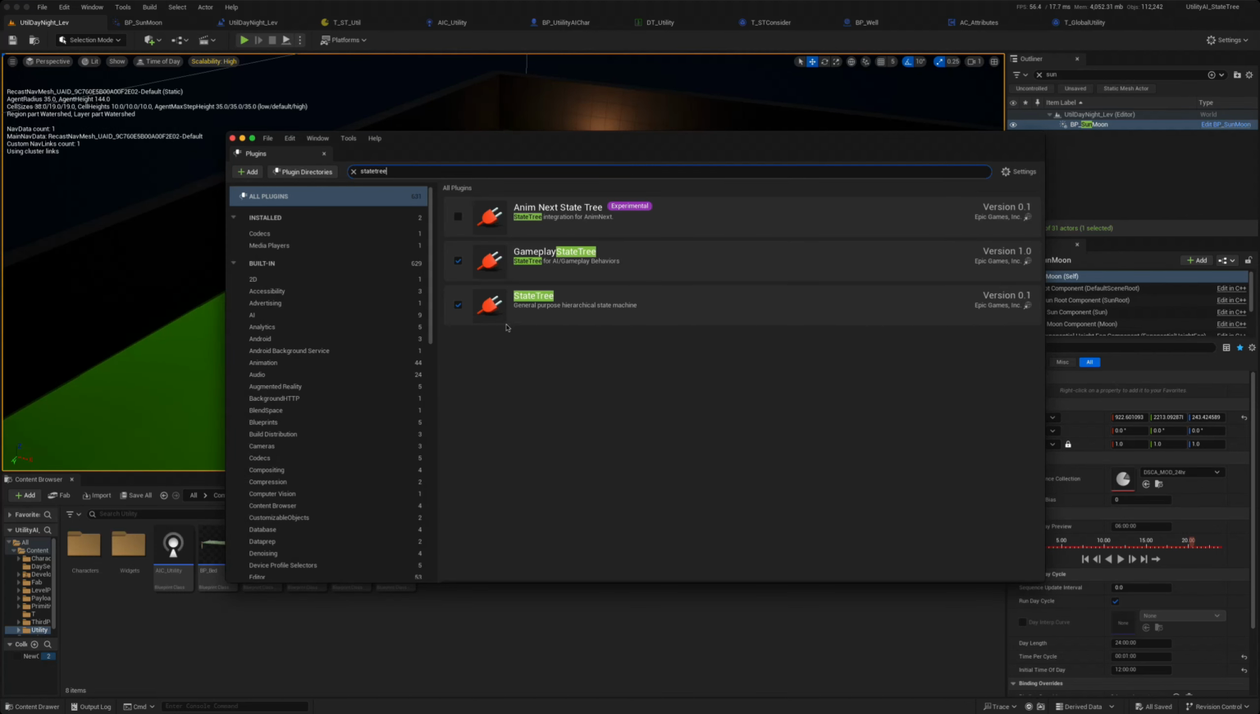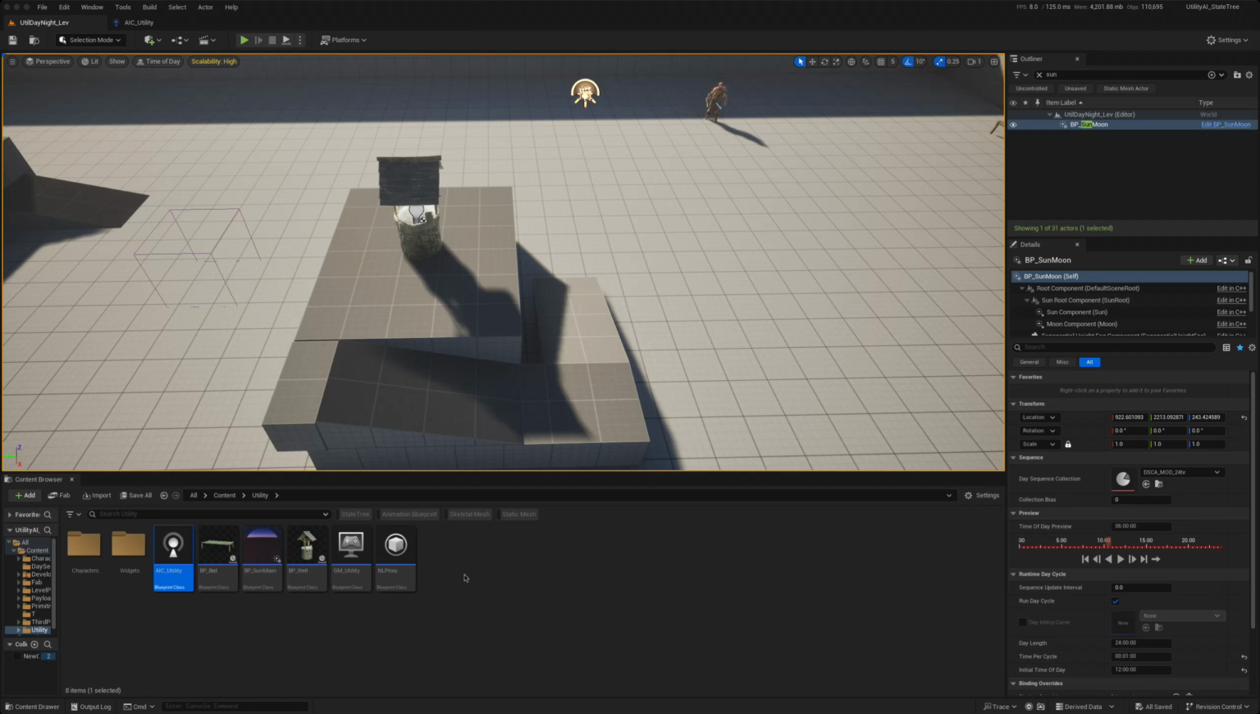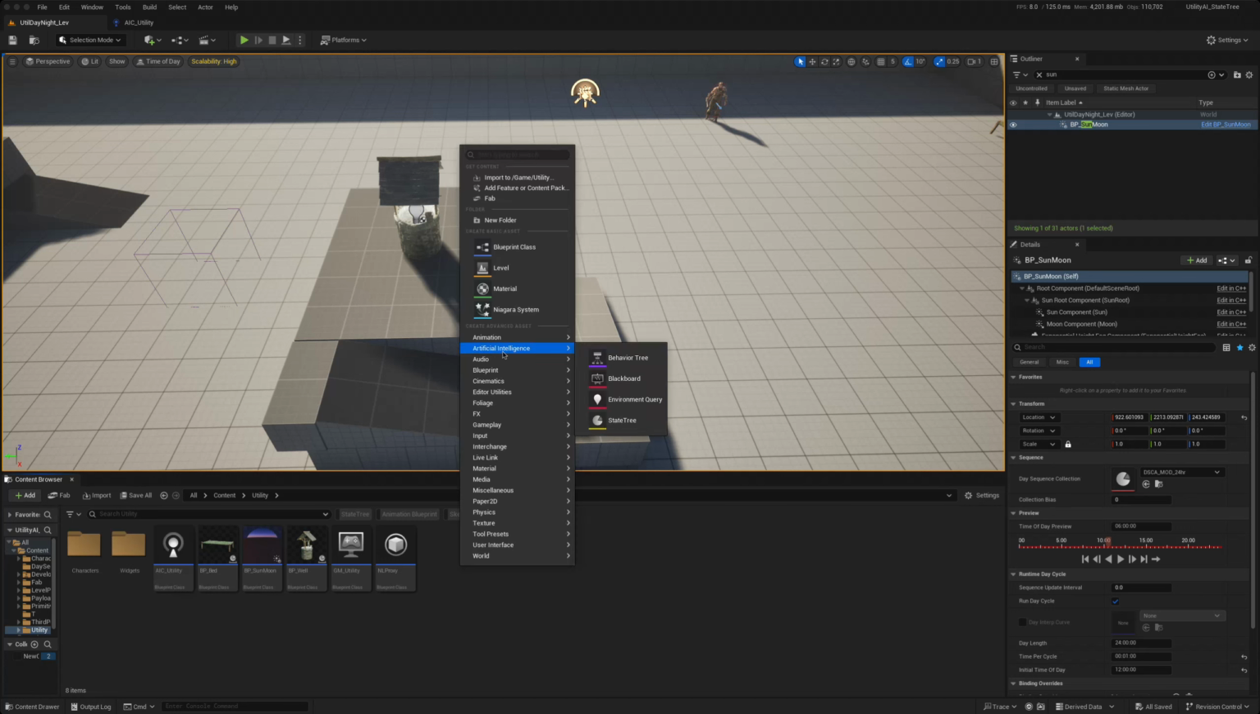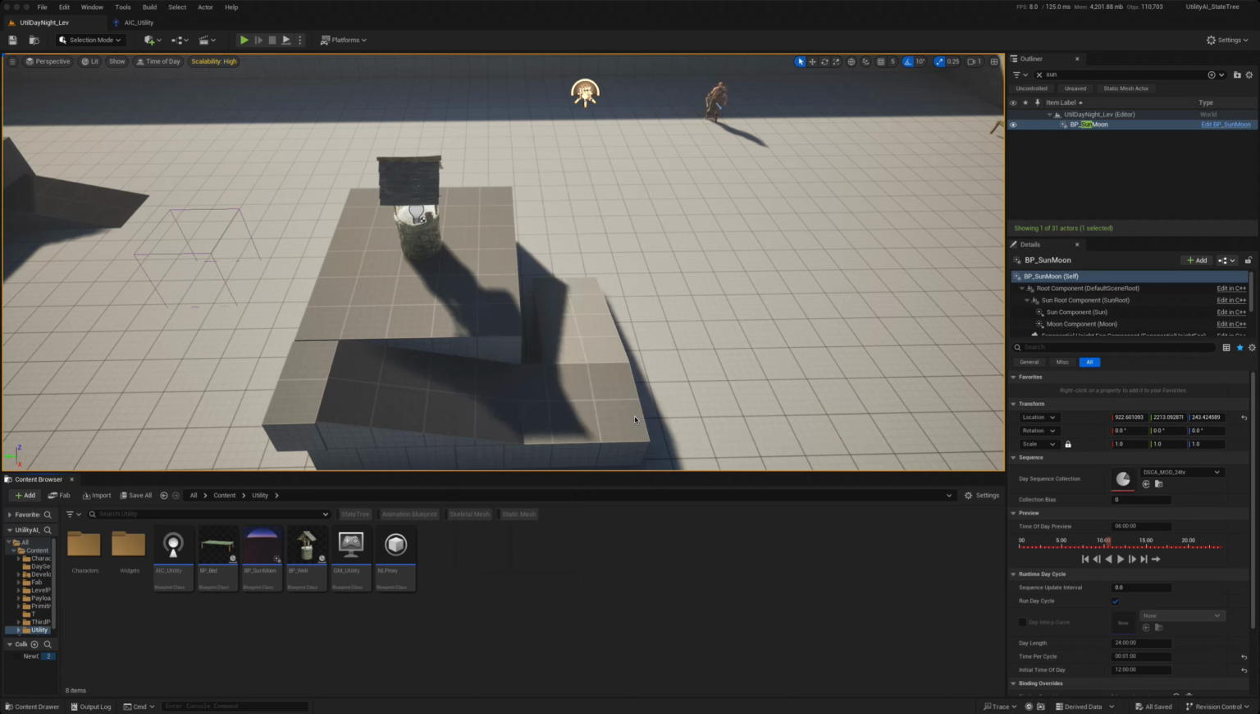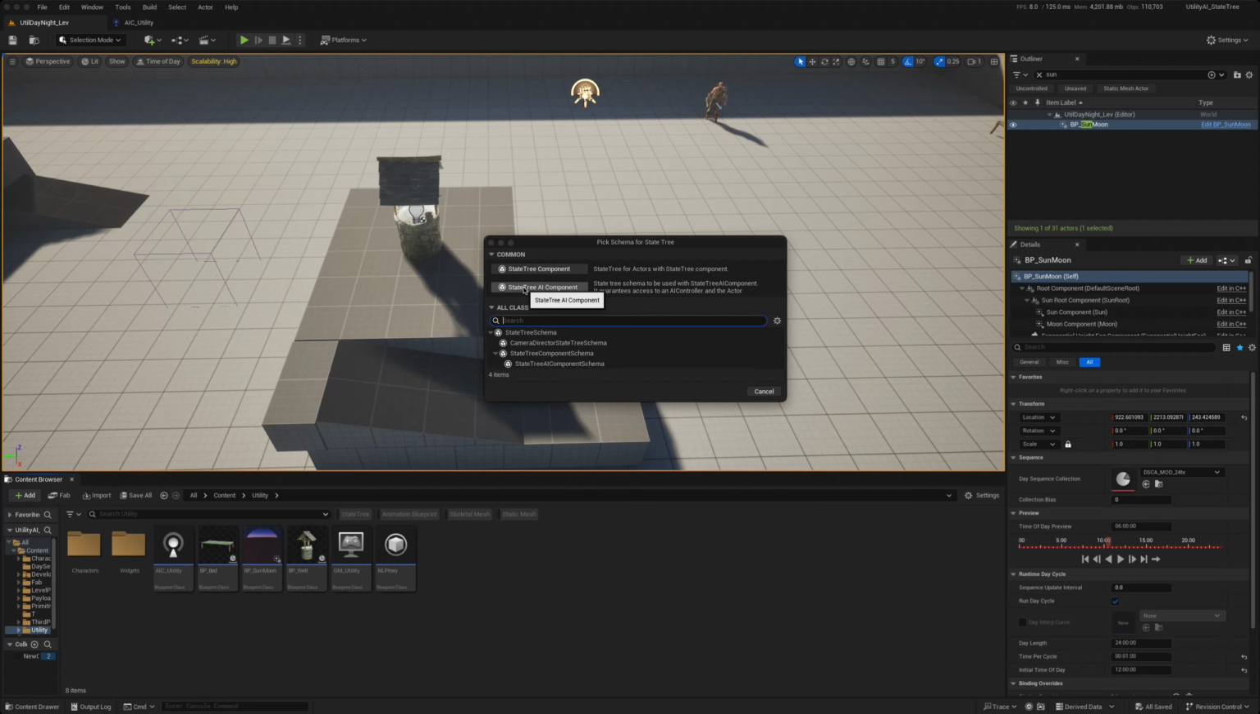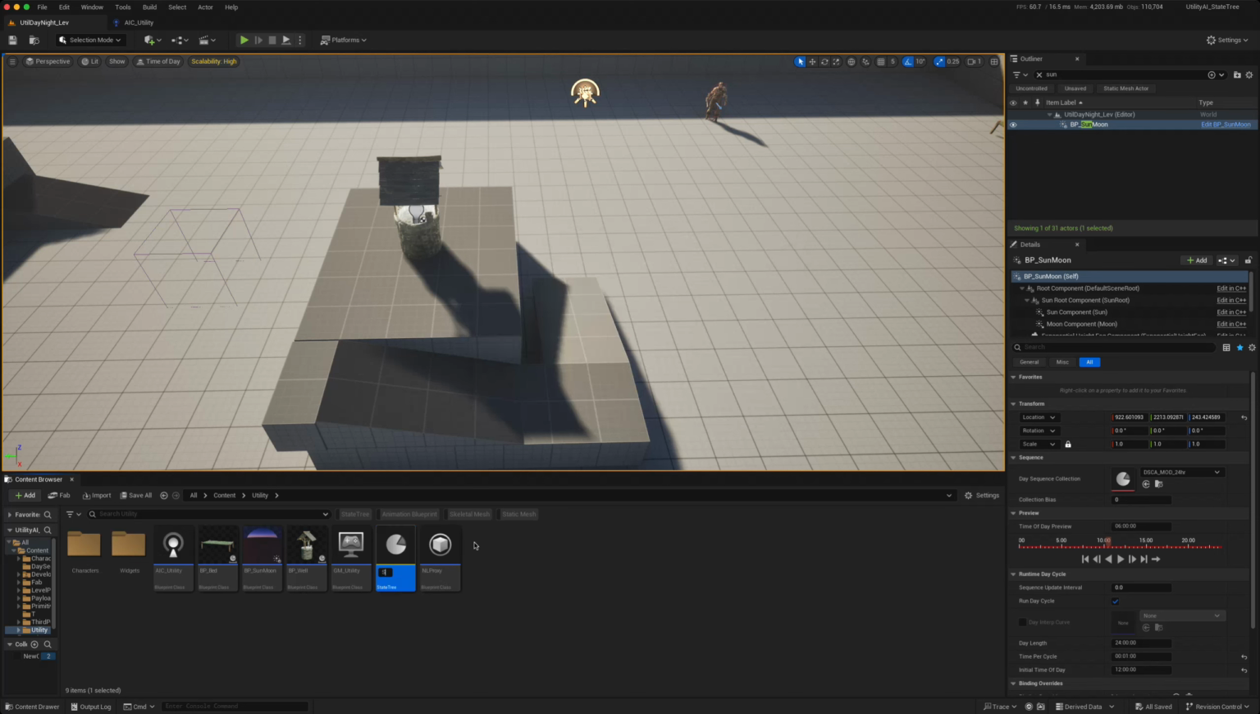So I've activated both of these state tree plugins and this day sequence plugin. Let's start by creating our first state tree. So if you right click, Artificial Intelligence, State Tree, ours will be a State Tree AI component because we're going to put this on the AI controller. So I'll click that and we'll call that State Tree